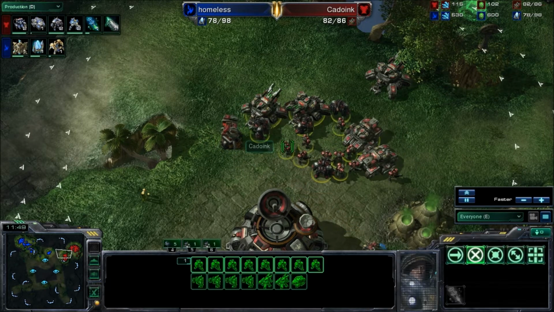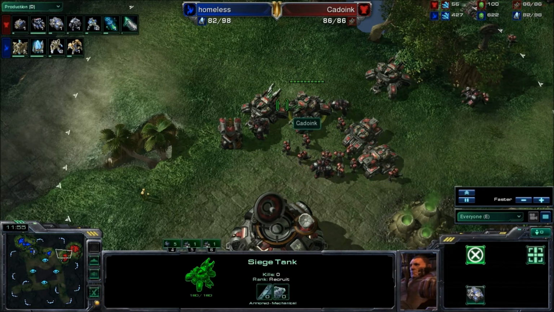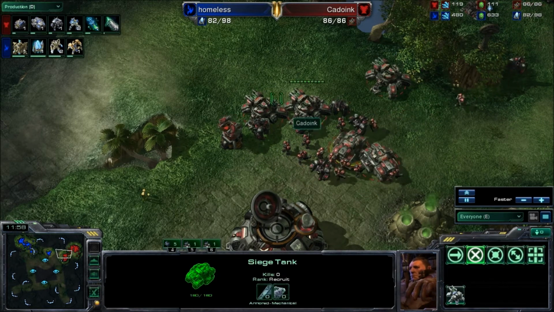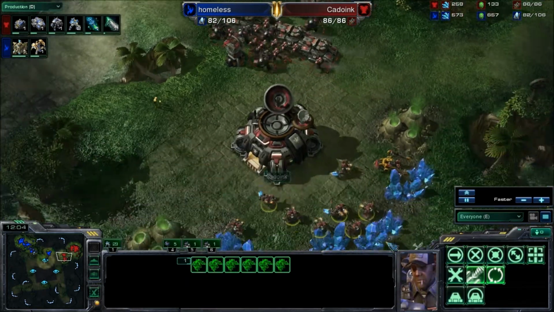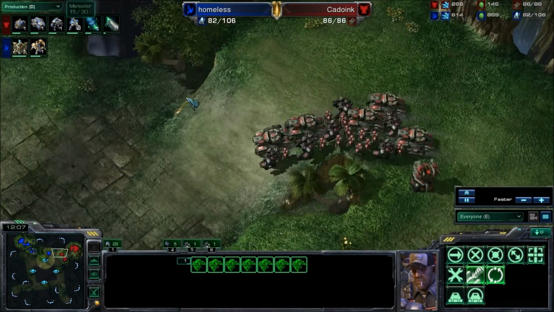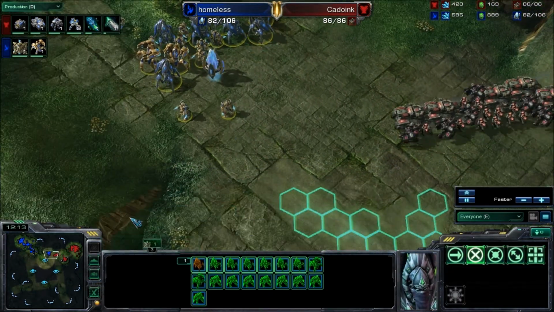Absolutely. Vision is extremely crucial in this game, and without it, Cadoink's tanks won't be able to do much of anything. That's why he currently has them sitting right here to protect this expansion, but now that he has that protected and he has a good force, I think he feels it's time to move out. He will be confronting this here in a few seconds. Hopefully